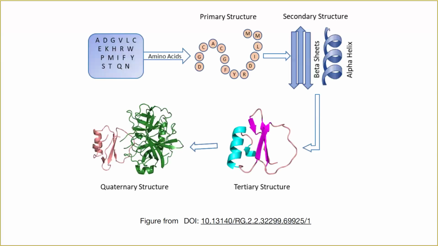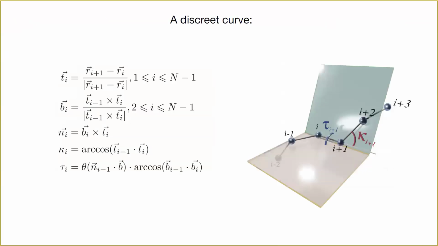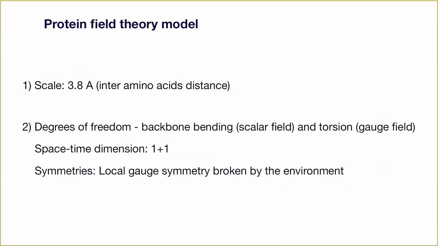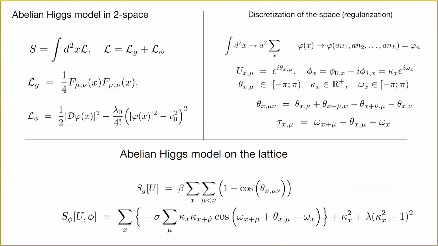I can just pass the general idea that we have Frenet frames for the description of the polymer. Its Frenet frame corresponds to gauge transformations. Then we have anti-Niemi, who based on this made some kind of integrable model. But we decided to make a field theory, so we used the abelian Higgs model. And finally, this is the abelian Higgs model, where the scalar field corresponds to bending and to curvature, and the gauge field corresponds to